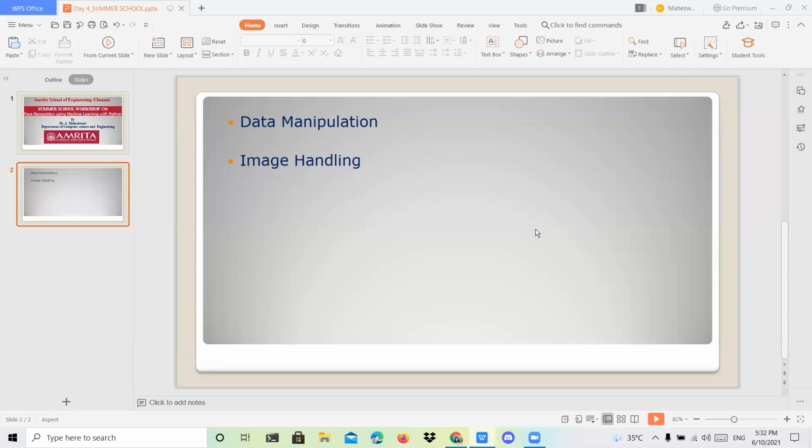Okay, how we can compare images. Before discussing image handling, if you are going to compare images or do face recognition, the image is not directly compared. First, the image is converted into encodings. The encoding should be stored in array format. Only after storing it as an array can we check whether the arrays are equal or not, whether the values are equal or not. That way only we can handle our images.